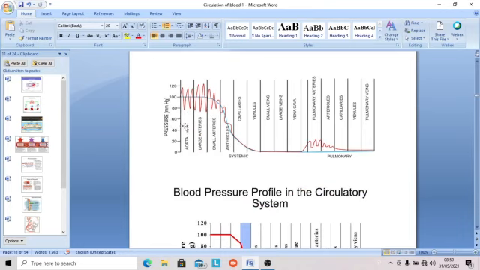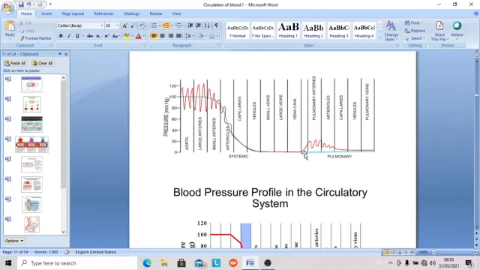What is the pressure? Aorta 80 to 120, large arteries the same, small arteries somewhat reduced, then arterioles suddenly reduced. There is a maximum reduction here because they offer maximum resistance. So there is a sudden fall in blood pressure, and the pulse also disappears at the end of arterioles. Then the capillaries, very near to zero, then venules, it becomes zero in the later part of venules. Then it is zero in small veins, zero in large veins, zero in the superior vena cava.